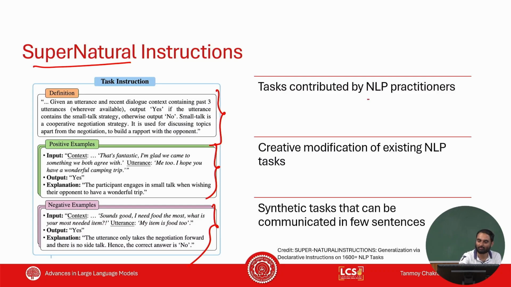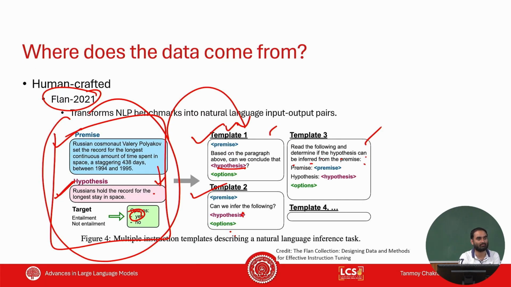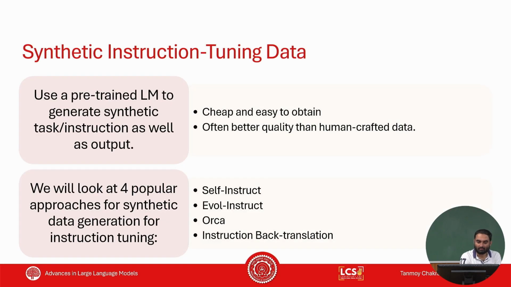So they employed NLP practitioners, and they converted the existing data into task-specific instruction datasets, and they claimed that the instructions here are more complicated than the FLAN data, right? So these are some of the ways to curate human